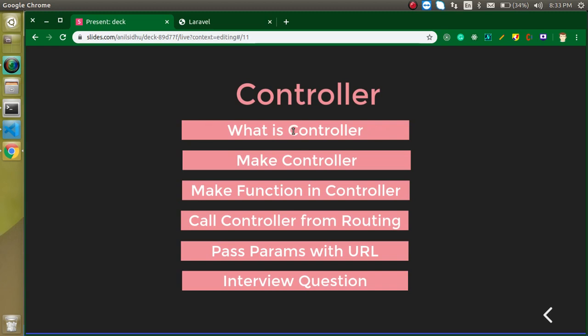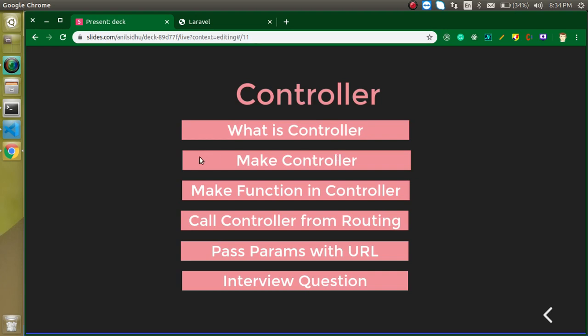What is the controller? The controller is basically a central unit of any MVC framework, like Laravel, like Zend, like Yii and all, right? So in MVC there is a C, which directly means the controller. And what we'll do here: the controller basically fetches the data from the model and sends it to the view. You can simply say it gets the data from the database and shows it in the view, the HTML part. And the second thing is that all the logical part of our programming is actually done in the controller.